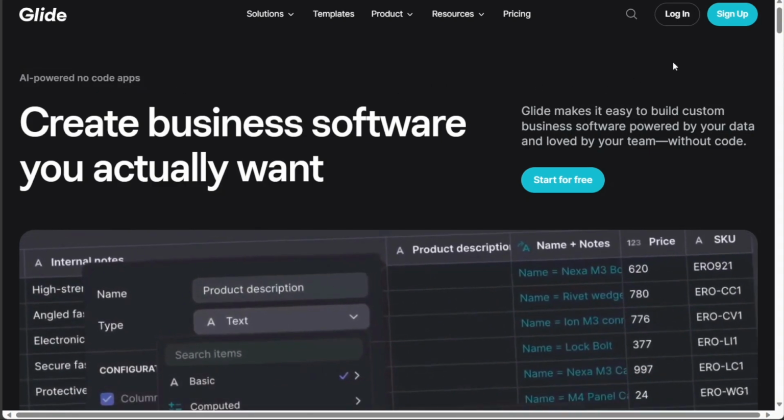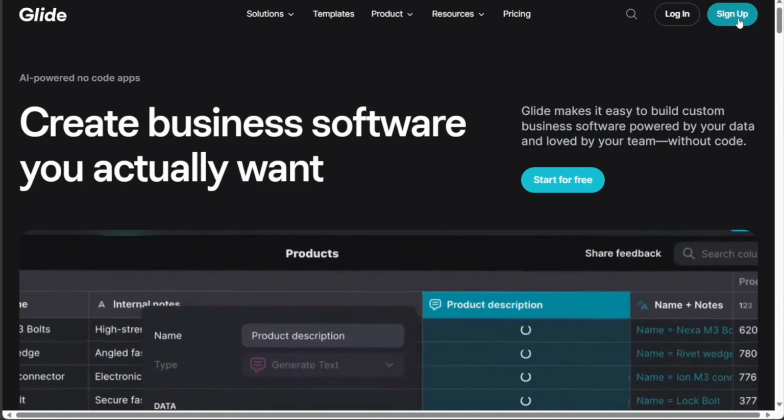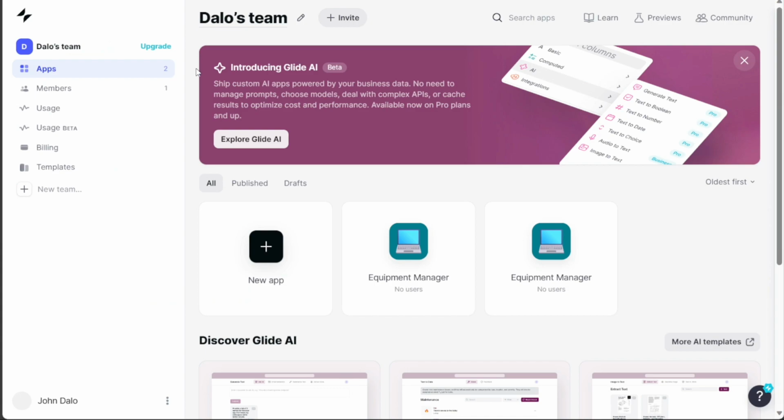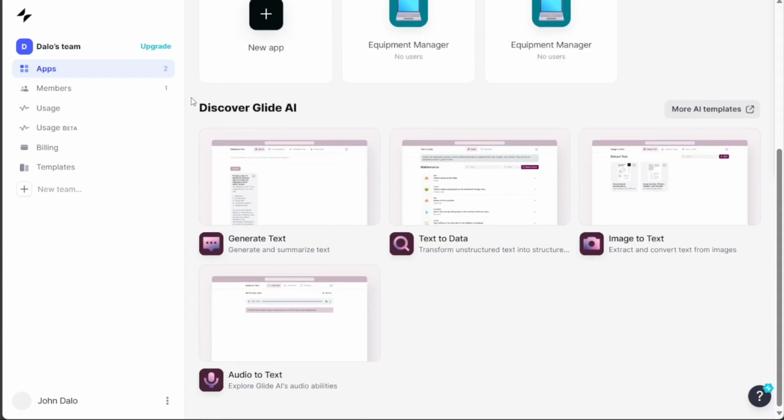So, after clicking the link in the description, now you need to sign up to Glide. You can choose to sign up with your Google or your email address. Once you have completed the sign up process, you will be directed to your Glide account. Now, creating an Equipment Manager app in Glide is an easy and straightforward process that can effectively help manage your